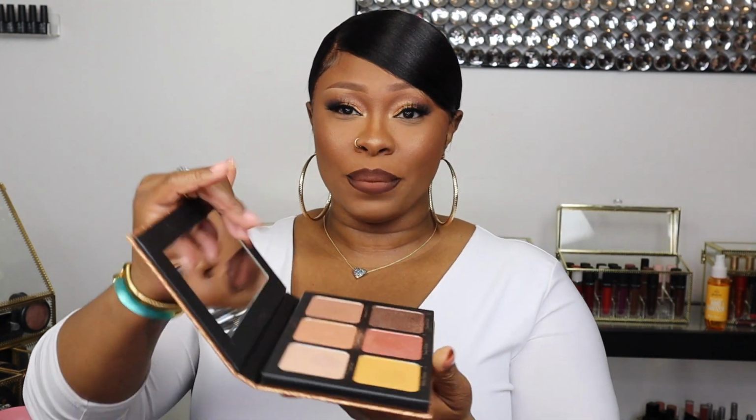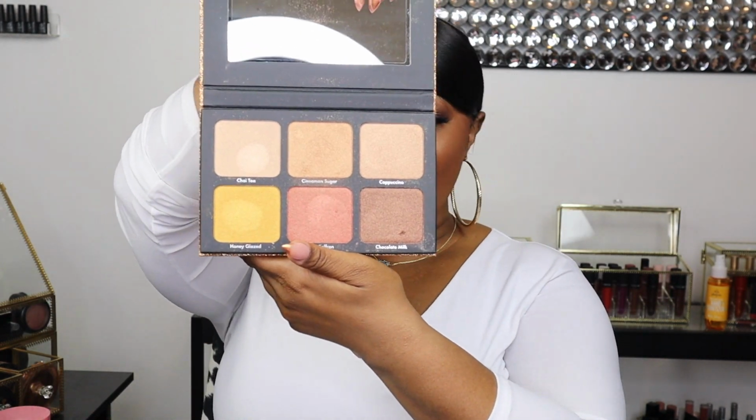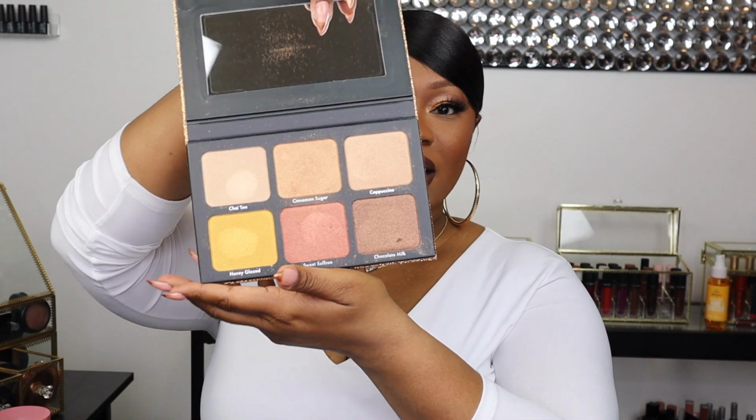So if y'all looking for a beautiful highlighting palette for dark deep skin, brown skin, baby, try this. You will never ever have to buy another palette. This has so many different colors, y'all. Like,